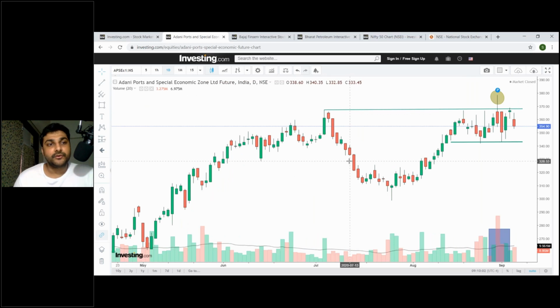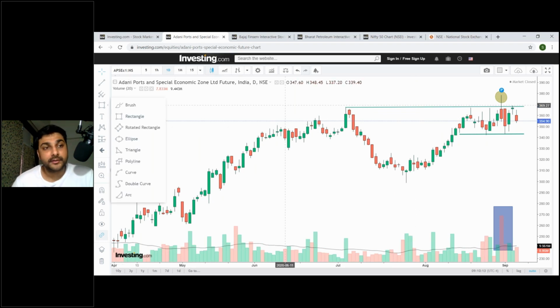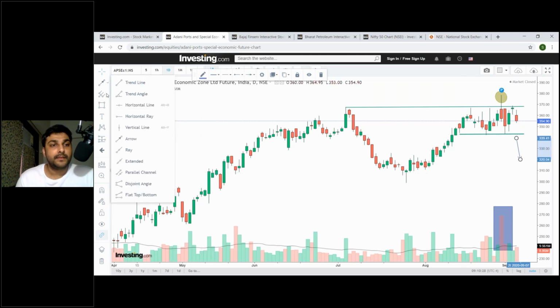Okay, so first we're going to talk about Adani Ports. That is our first trade idea for tomorrow. What is the trade idea in Adani Ports? The trade idea is to go short Adani Ports once it breaks this entire region of 340. So once it breaks this entire region of 340, our goal is to go short. So why is that? Okay, let me go step by step. Number one,